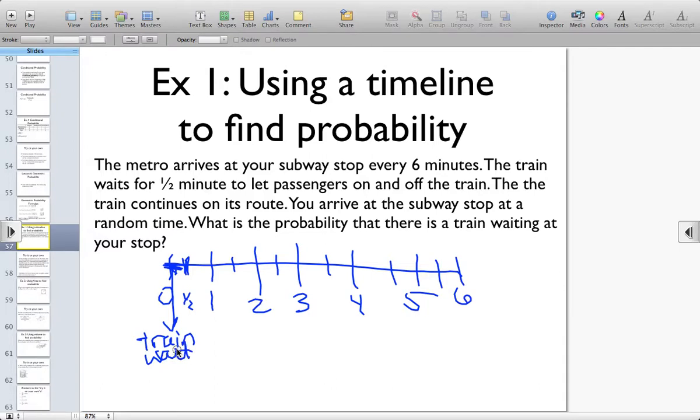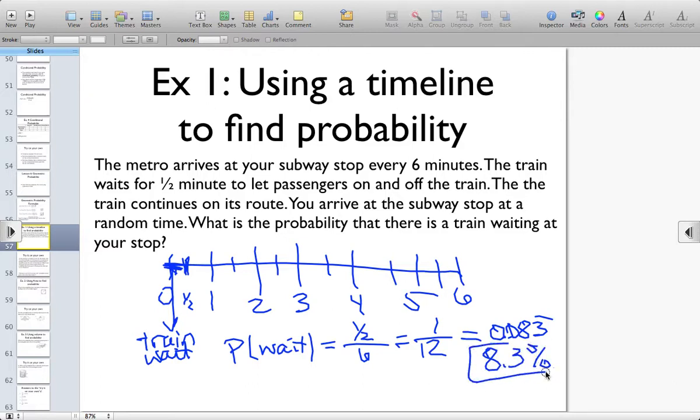So out of a block of 6 minutes, I have a half-minute window. So the probability that I show up while the train is waiting for me is 1/2 of a minute out of 6 minutes, or we can think of it as 1 segment out of 12 segments. If we have 12 30-second segments, one of these segments is the probability. Now, most often, geometric probability is written using percent form. So 1 divided by 12 would be 0.833 repeating, so